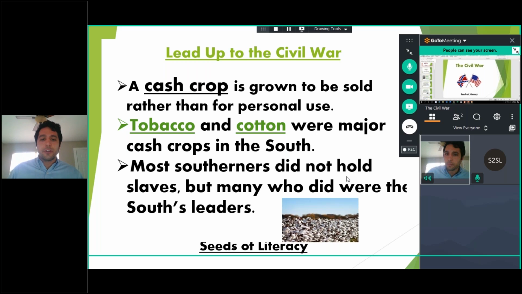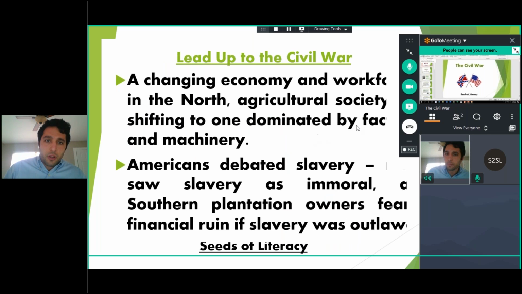And even though a lot of Southerners, a lot of just normal people didn't hold slaves, frankly, it was an expensive institution. It was expensive to have slaves and to take care of people. Obviously, they weren't treated well, but it was still a very expensive thing to have. So it was really mostly just rich Southerners, and many people in charge were preserving this on behalf of those rich Southerners.